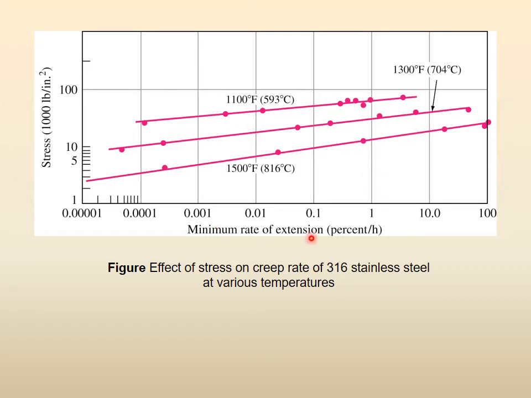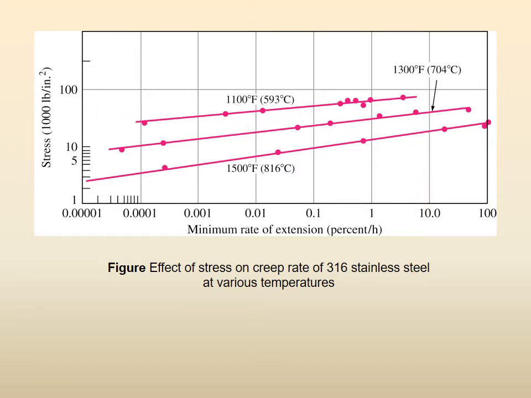But this is not a creep rate diagram. This is a totally different diagram. It is a plot of stress against the percent per hour, right? We will use this type of graph later on, but we were just telling you here that if you take any one constant temperature, then if you increase the stress, this rate increases. You see, there are different rates, percent per hour. So if the stress is 5,000, then you are here. If the stress is say 10,000, 50,000, then and so on.